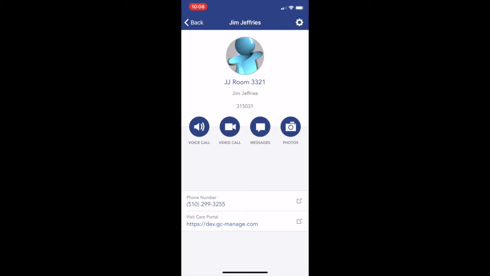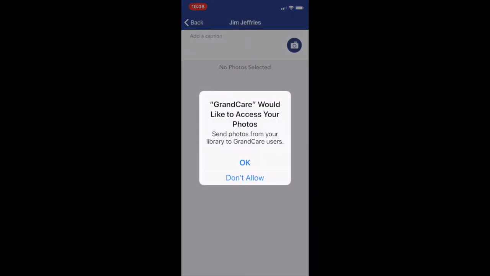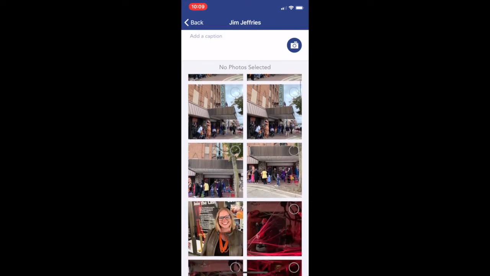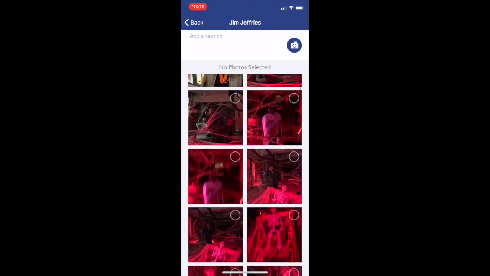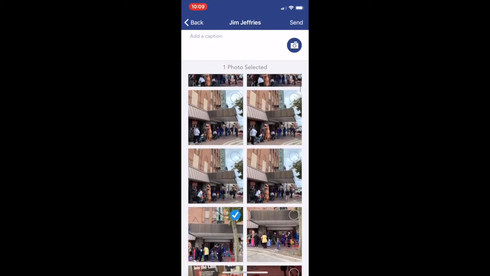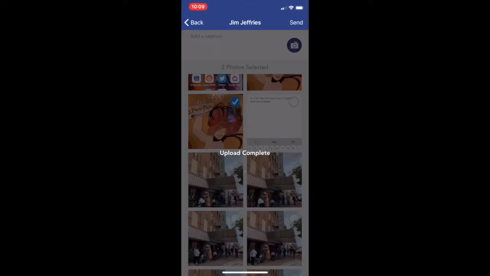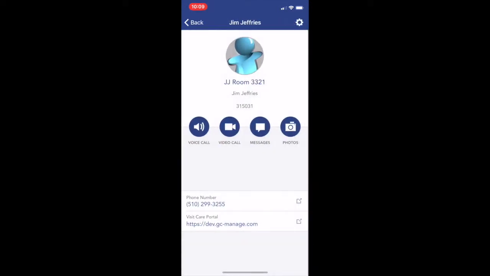I can make a video call, send a text message to the screen, or maybe upload some photos. Let's talk about that last option. Now the app would like to have access to my photos. I have to say okay. And here's my photo roll. And I can either take a picture with the camera or I can select from my photo roll. I'm going to select from the pictures I already have. And maybe I'll select that one. And there I'll upload those 2 photos. And it's complete. And those will be in the GrandCare